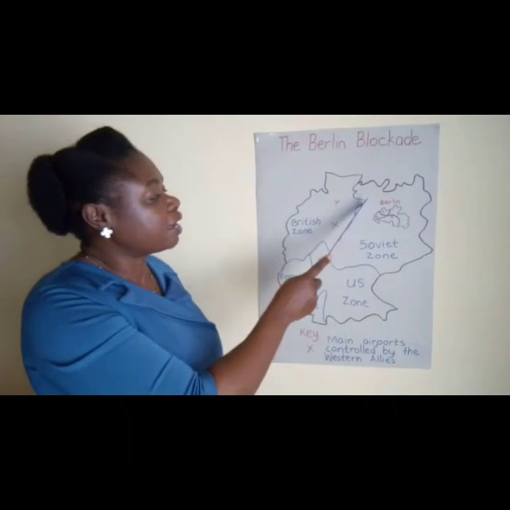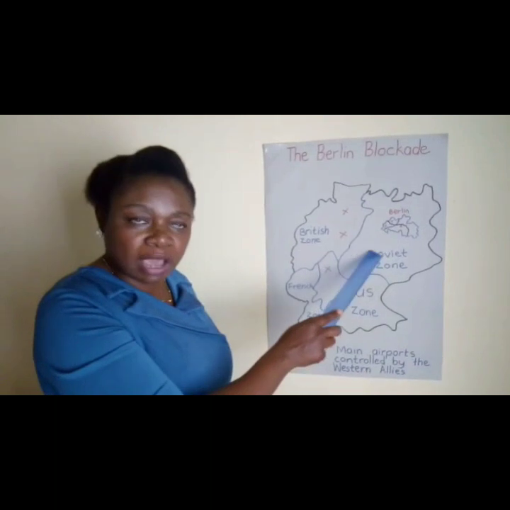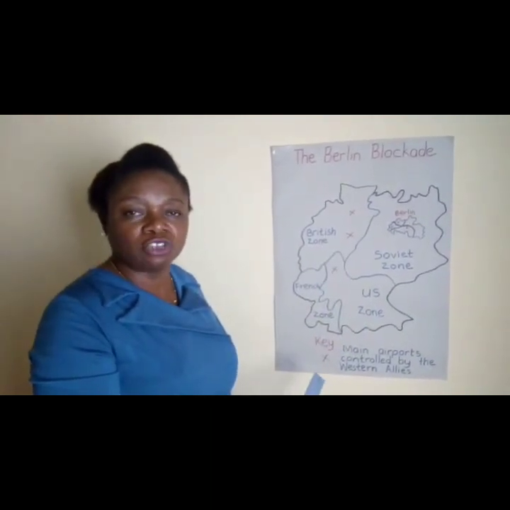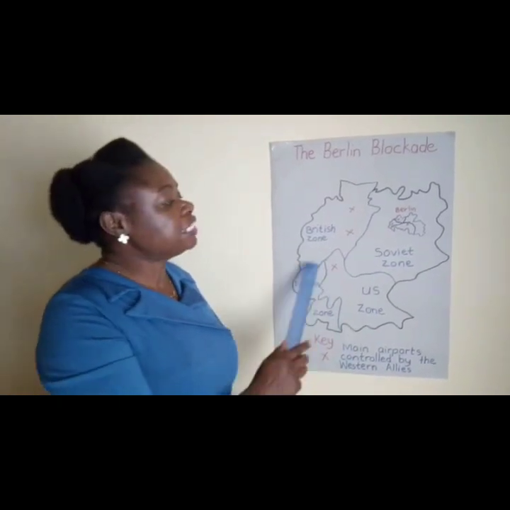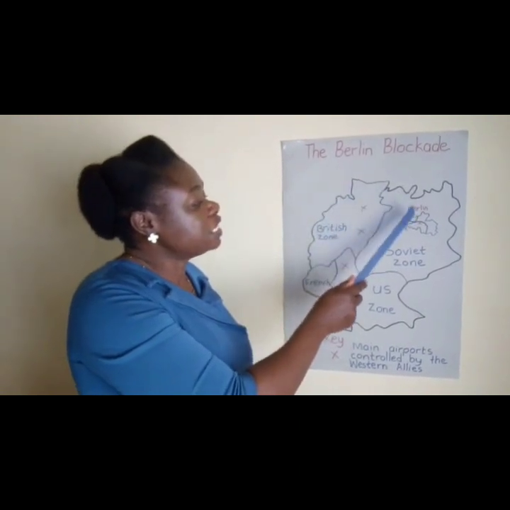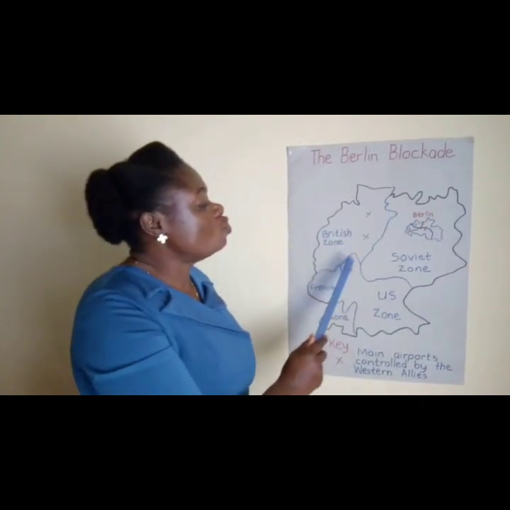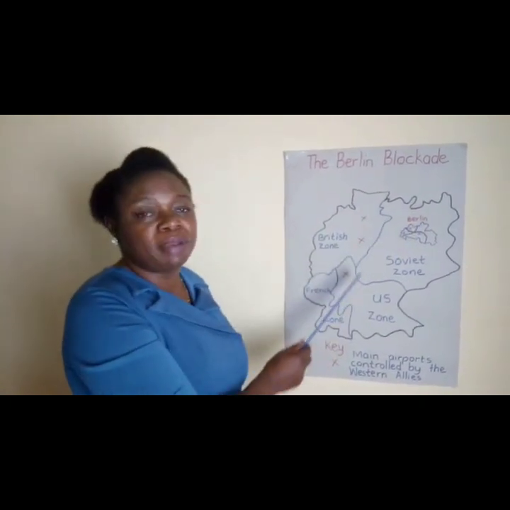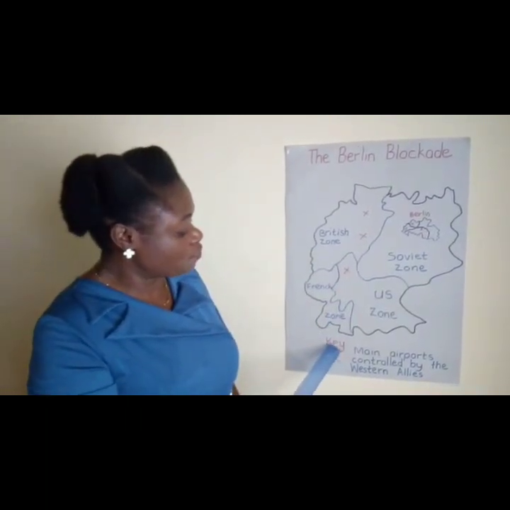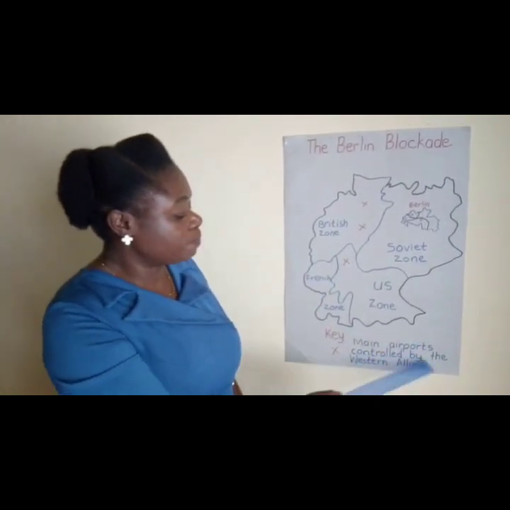If they were to attack the soldiers along the border or to try and force their way through into the Soviet zone, that was going to be regarded as an act of war. So instead, they decided to fly commodities into their zones so that they could not have any problems with the soldiers on the borders. And as you can see from the key, these are the main airports controlled by the